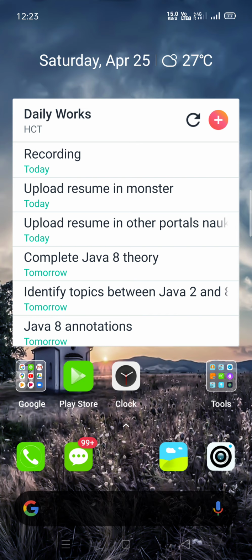To do this, you need to do two things. One is to install one application on your smartphone, a project management tool called Asana. That is the first step. The second step is, you need to add an Asana widget on your home screen. I am using a Realme phone and I have added that. I'll show you how you can add that. First we will see how you can add the Asana app from the Google Play Store.